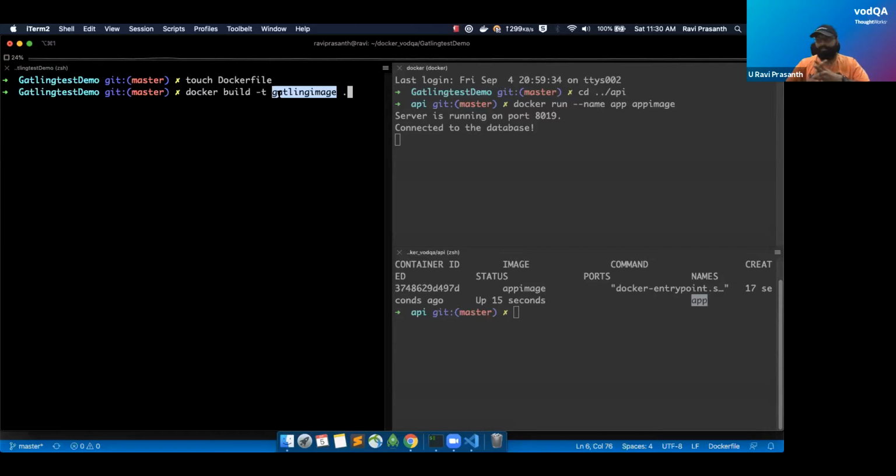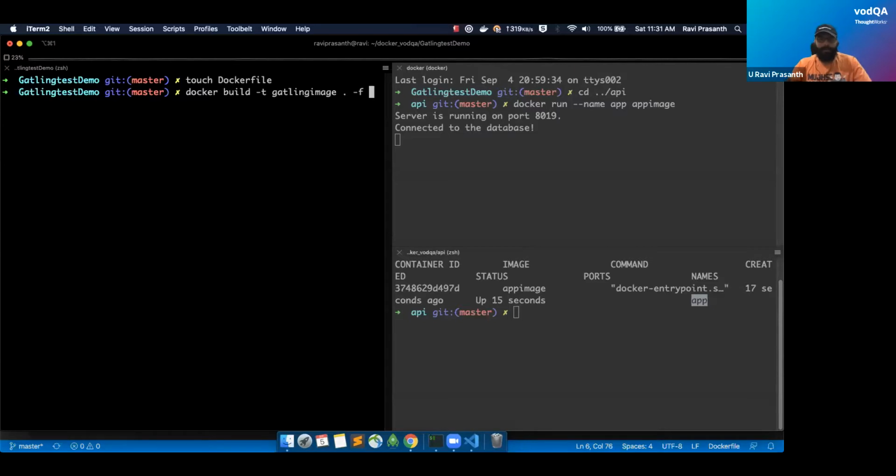That is an inbuilt feature in Docker, but it is not always necessary to give the Docker file with the name Dockerfile itself, with D caps and F small. It is not at all required. If you're going to change the Docker file name, you have to give -f and force the Docker file name here. So in this way, you can give your own Docker file.